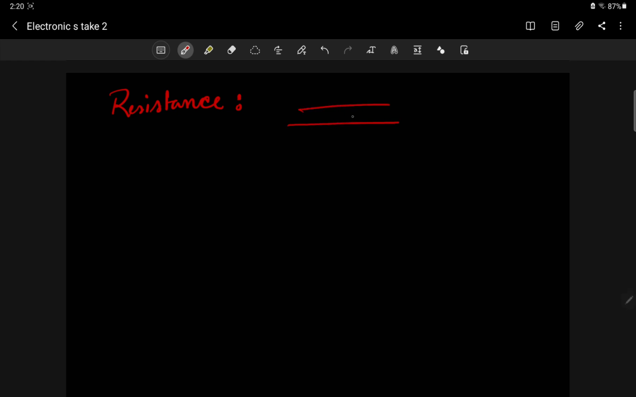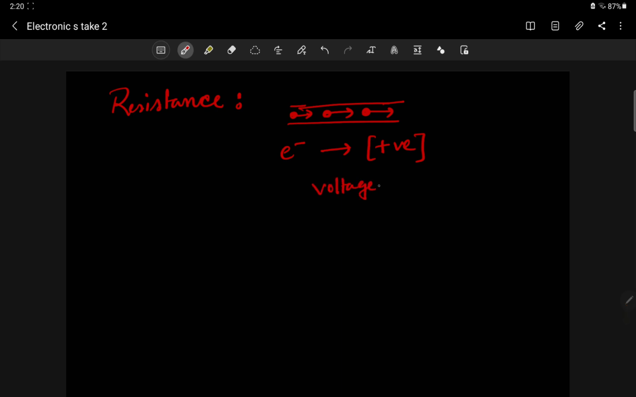So in the previous lessons, we've learned that electrons move from one point to the other point due to the attraction of the opposite charges. Since electrons are negative, they tend to go towards the positive charge. And the force that induces this movement is known as voltage, which is represented with V, and current